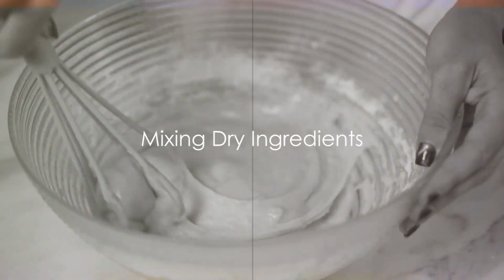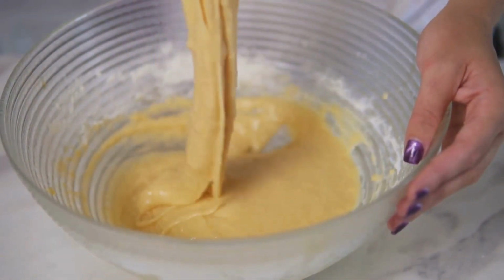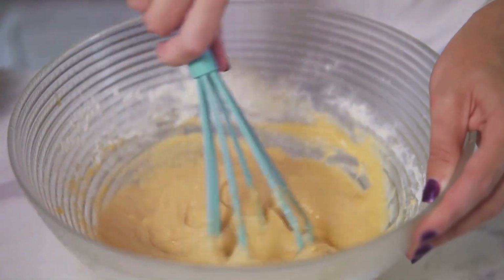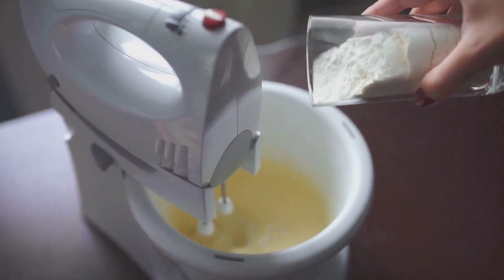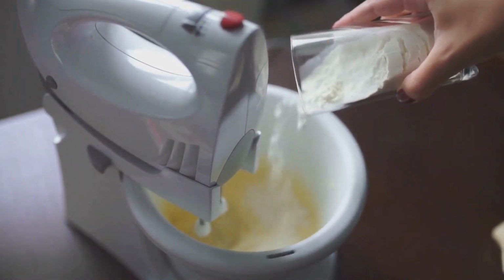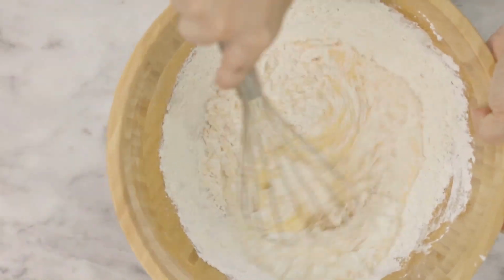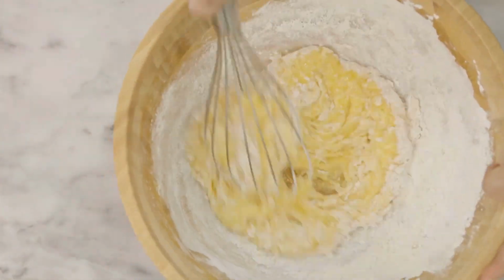The first step in making biscuits is mixing the dry ingredients. Now, this might seem like a simple task, but it's actually a key moment in our biscuit making journey. You see, the way you handle these ingredients can greatly affect the final texture of your biscuits. Let's start with flour, the backbone of our biscuits. You'll need about 2 cups. Then, to give our biscuits their rise, we'll add 4 teaspoons of baking powder. Don't forget a 1/4 teaspoon of baking soda to balance out the acidity in the recipe. Next, we'll add 2 tablespoons of sugar for a subtle sweetness and a teaspoon of salt to enhance all the